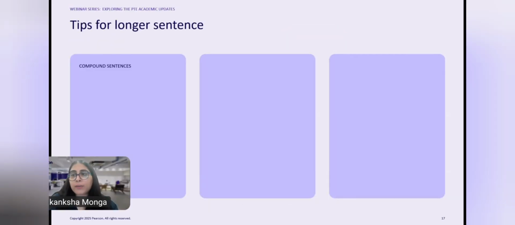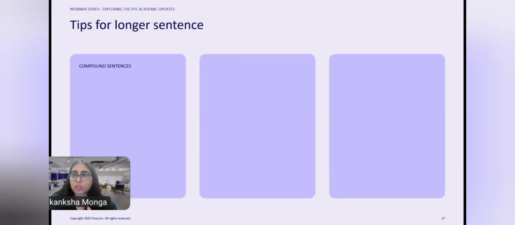Sentences with the use of coordinating conjunctions. Simple sentences are sentences that consist of the three essential parts of a sentence. So they need to have a subject, a verb, and an object. However, a simple sentence can be too limited sometimes. So to show grammatical awareness or grammatical expansion, compound sentences combine two simple sentences with the use of